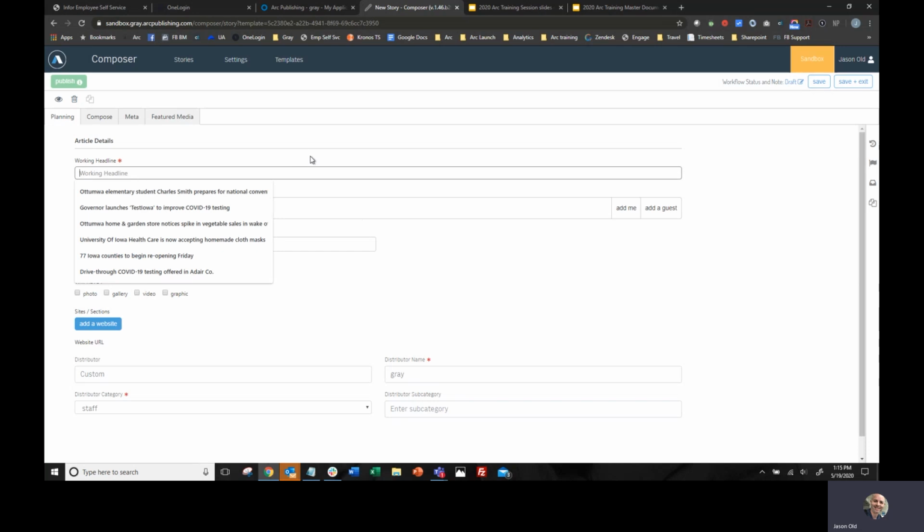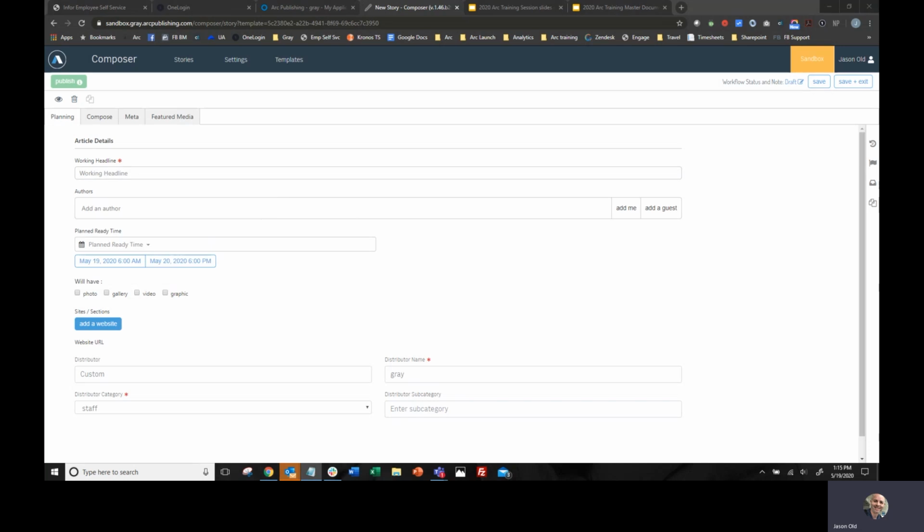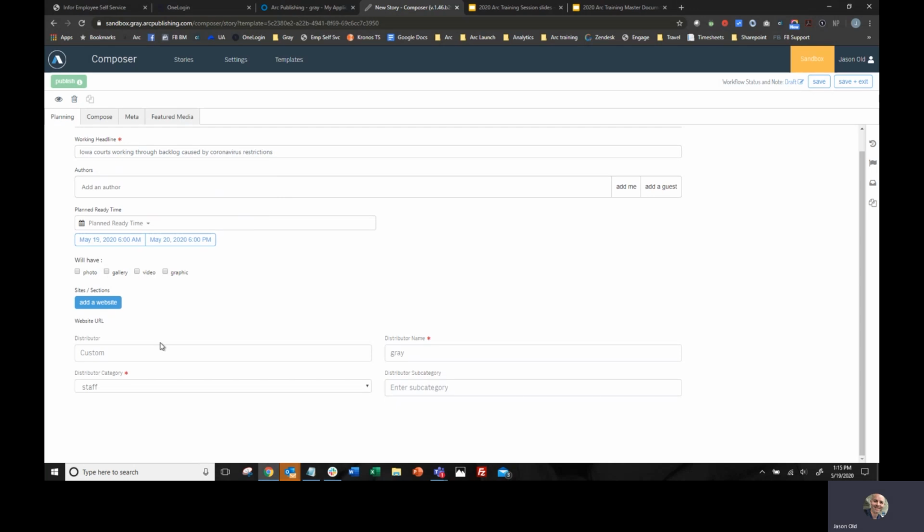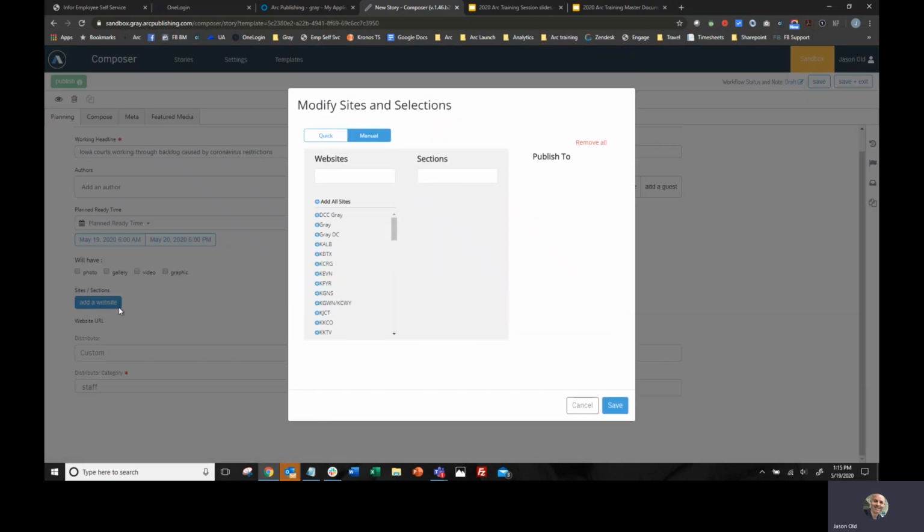What you'll need to do first is add your story headline. The working headline is going to be the story headline. I've got some text saved here that I'm going to put in. So I'm putting in my working headline, and now I'm going to add my website. And this is again part of the new provisioning measures that you will have to learn, but I'm going to go over that in a little bit. I will show you here how to add a website for your story. So you go ahead and click add website, and this should look familiar from the other tools that we've gone over,